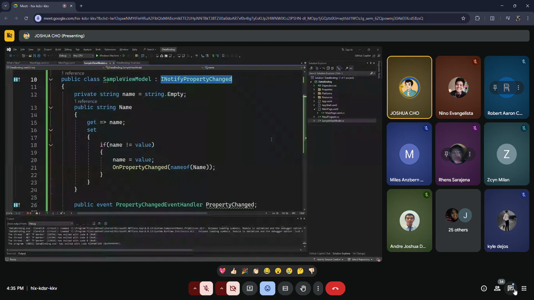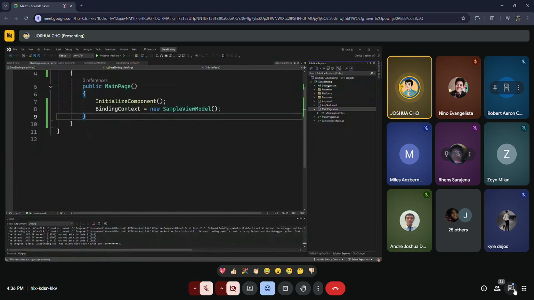Okay, so first thing to do is, for example lang, we will have to add the folders of MVVM.